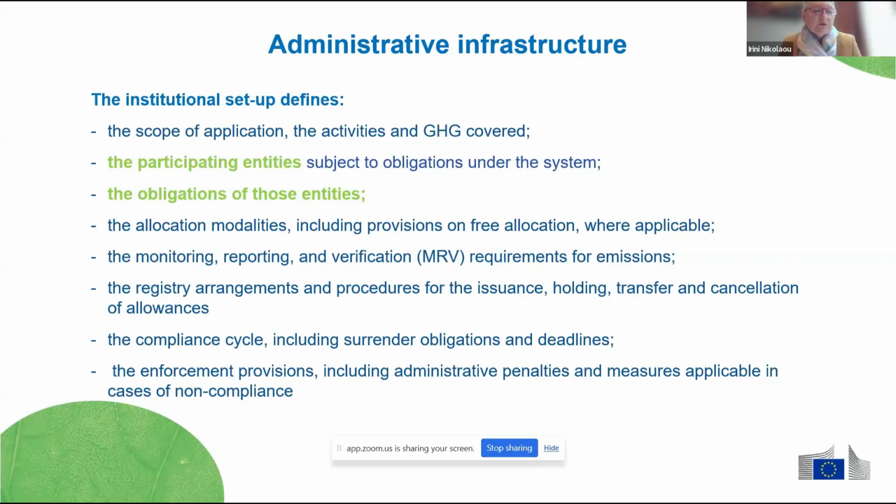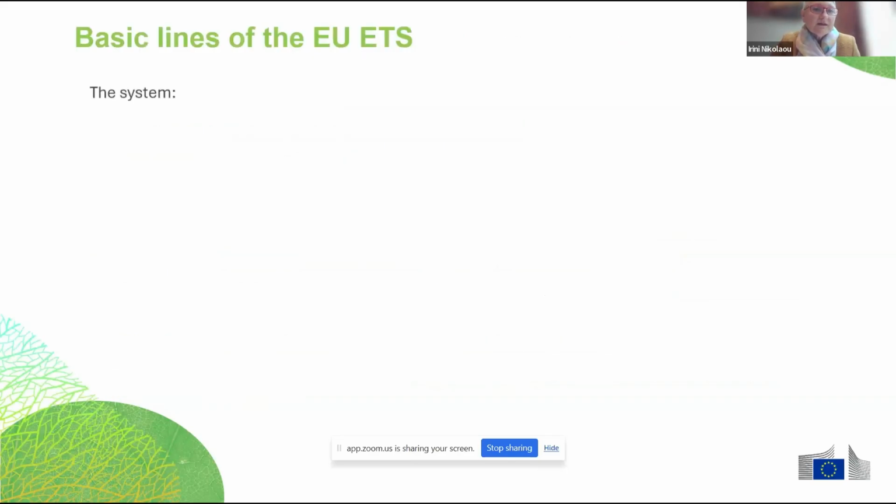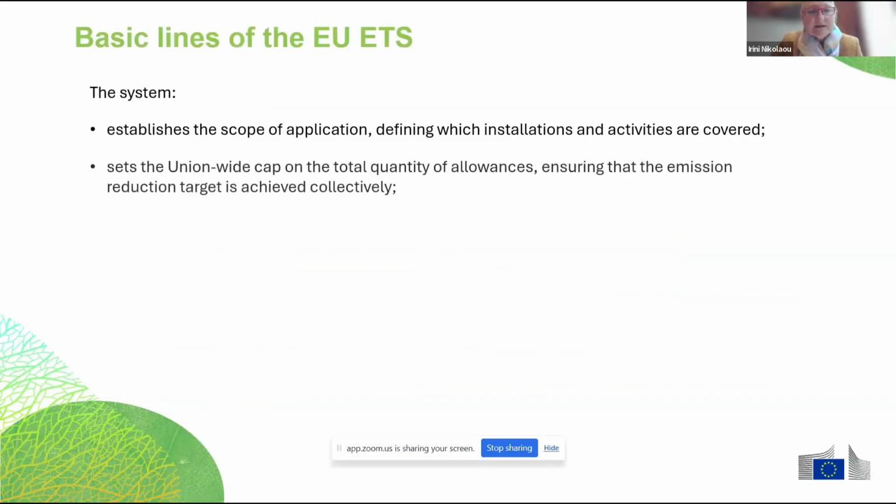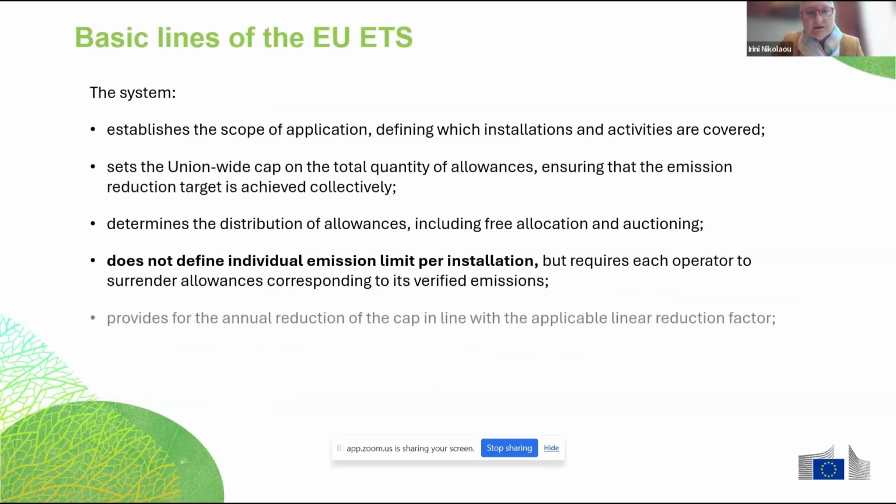The monitoring, reporting, verification, and accreditation, I should say here, requirements for emissions, the registry arrangements and procedures for the issuance of allowances, holding, transfer, cancellation of allowances, the compliance cycle, including surrender obligations and deadlines, the enforcement provisions, including administrative penalties and measures applicable in cases of non-compliance. So all these things should be defined in an ETS in order to run smoothly, in order to have